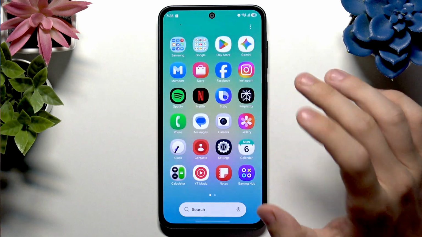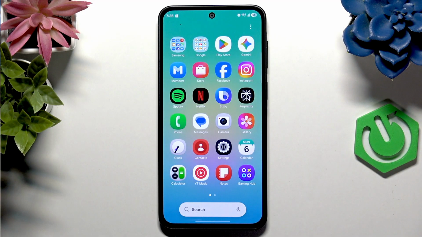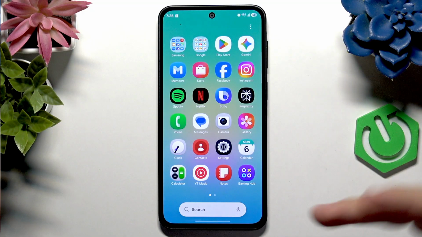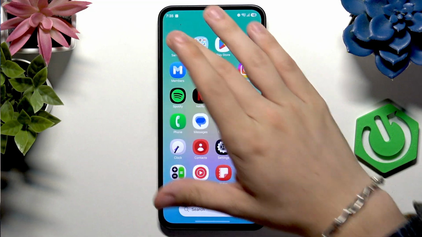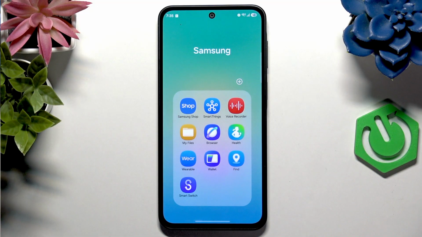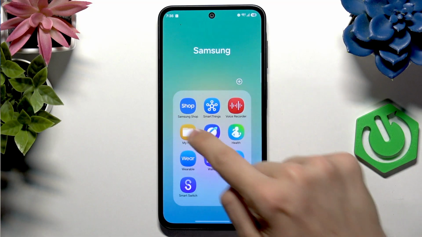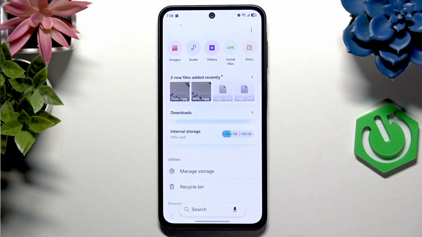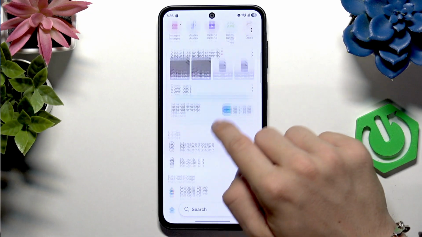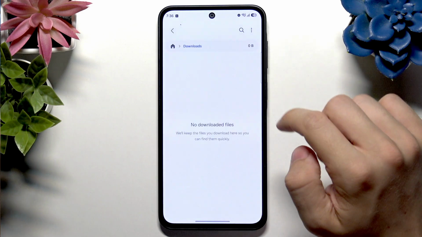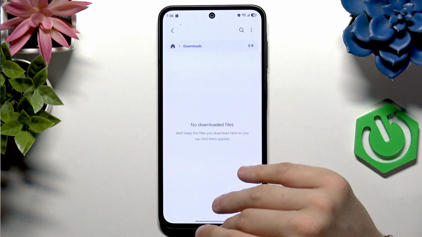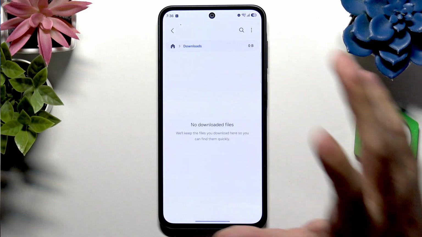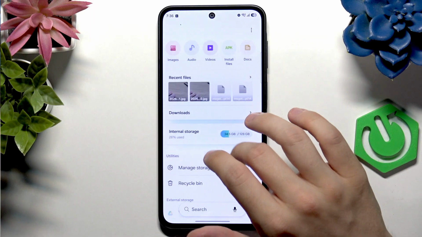To find the downloaded folder with all the files that you have downloaded from browsers, you can simply go to All Apps view, then go to Samsung folder. Very likely there will be the My Files app. From now on, you can simply get to the downloads, which are right here. I don't have any downloaded files, but here are all the files that you've downloaded from any browsers, just in